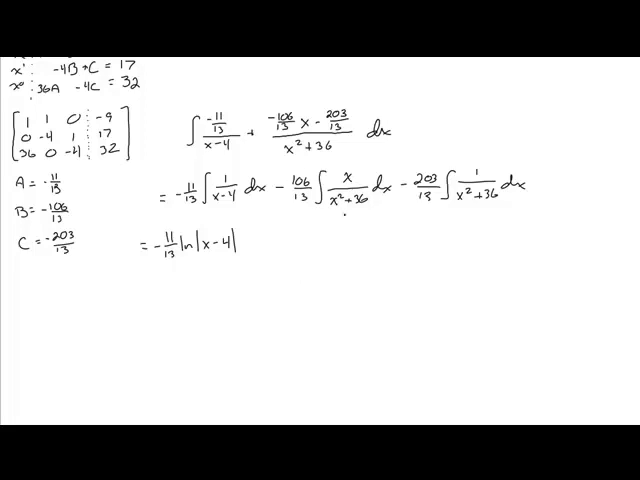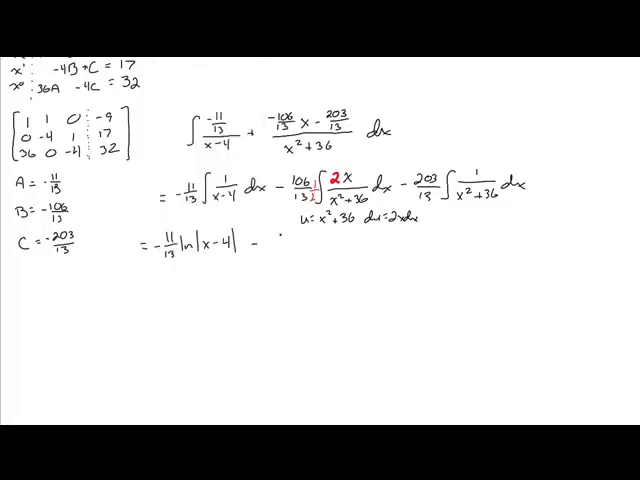This one here is set up perfectly for a u sub. I'm going to let u equal x squared plus 36. Well, then my du is 2x dx. So I need to make a little modification on this one because I need it to be 2x dx, which means,